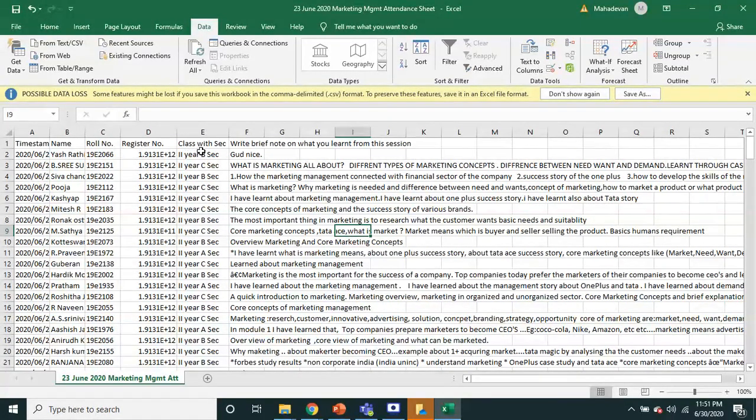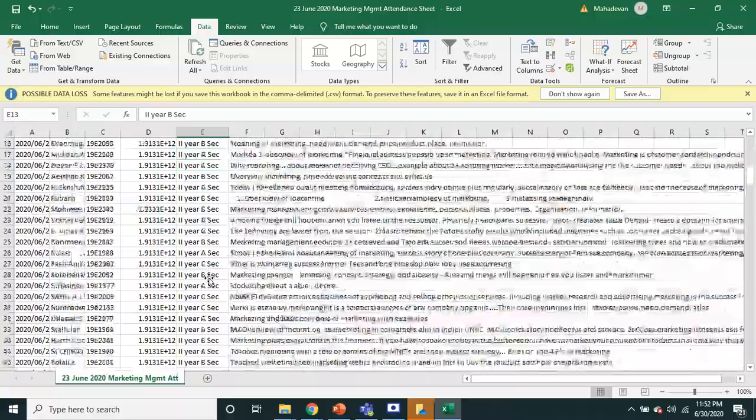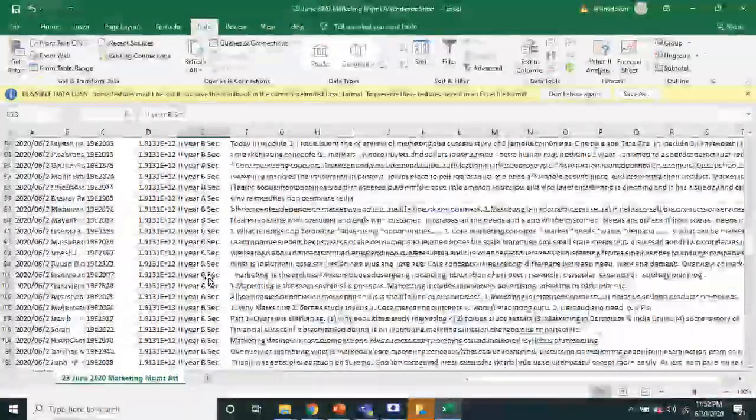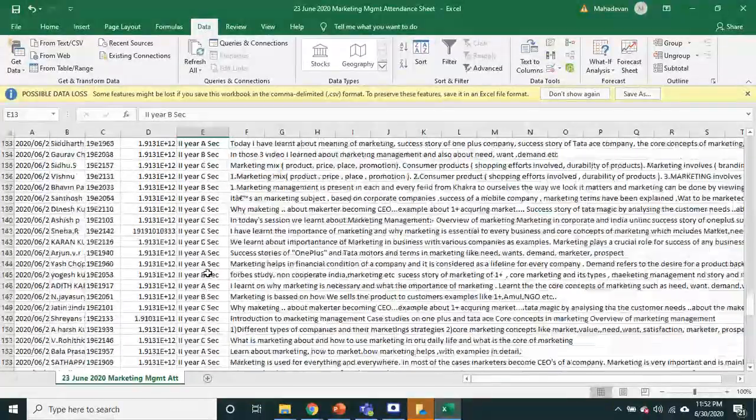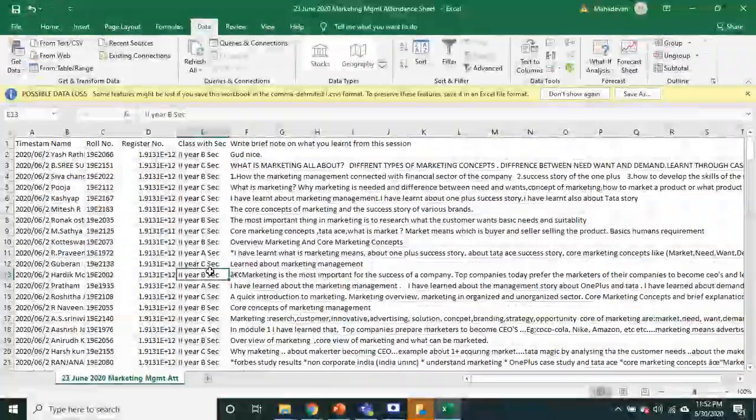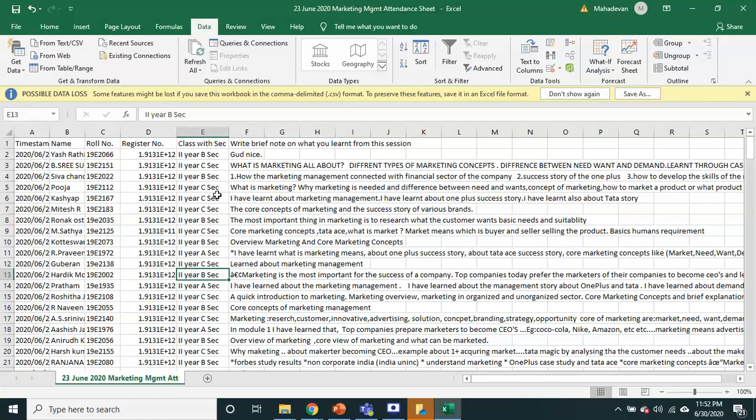Now we had a question in our Google form, what is your class and section? The students have given answers for it. Since that was a required, mandatory question, everyone has given answers. None of them were able to skip that particular question. Now, to be more specific, I want to know how many students across each section attended the class. How many in A, how many in B, how many in C section.